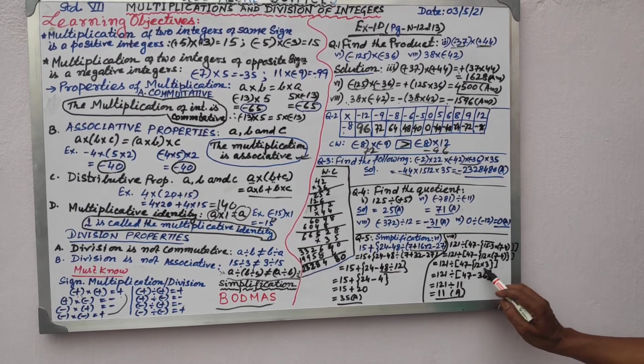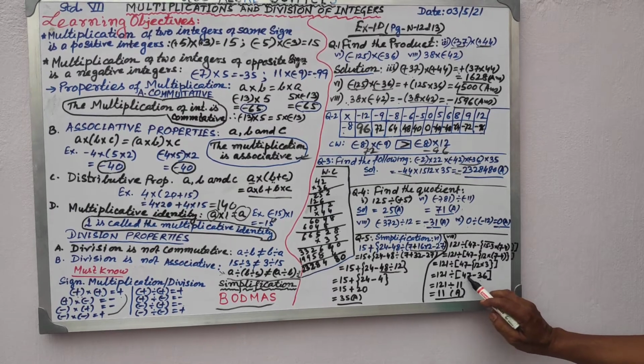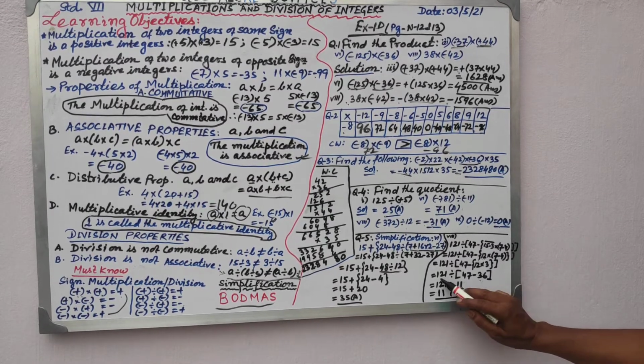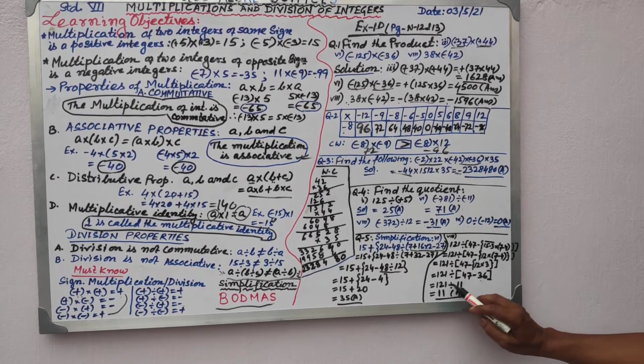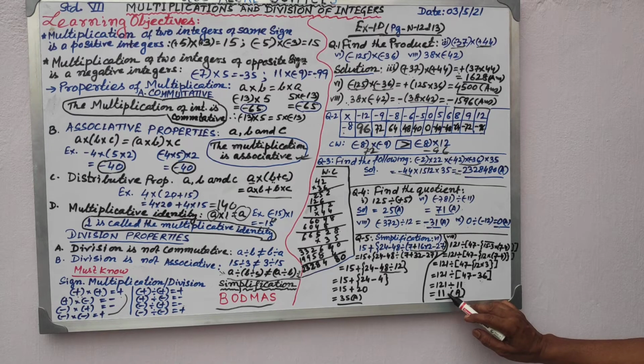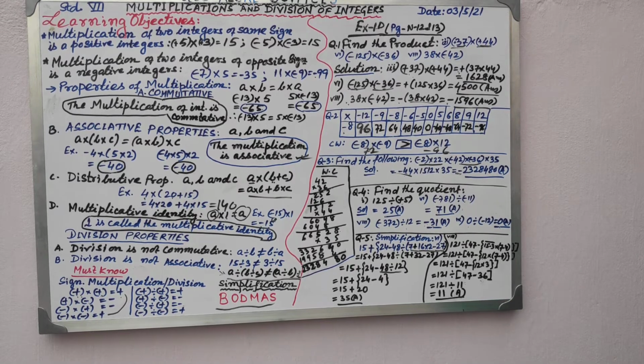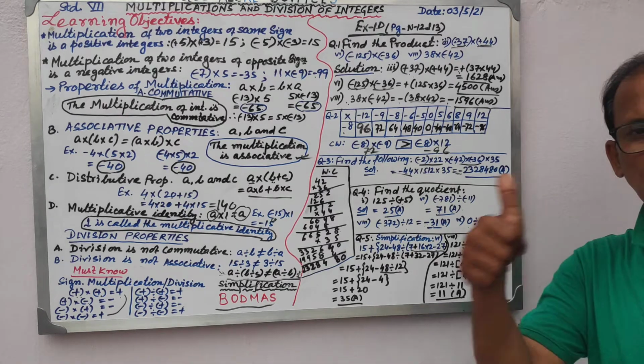Okay. Now I will do the curly bracket work. 47 minus 12 into 3 is 36, minus 36. I have written that. So within the square bracket, 47 minus 36 remains. 47 minus 36 will be 11. So 121 divided by 11 will be 11 only. The answer is correct. So your simplification is also 100%.